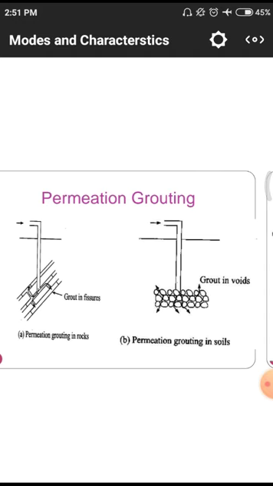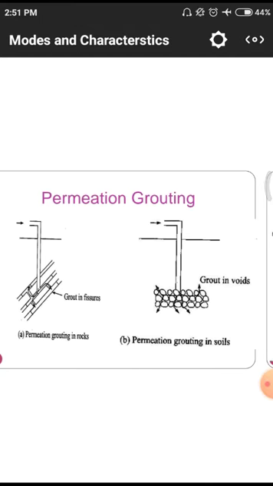This is the technique they have to utilize for permeation grouting. First of all, there will be some holes. That means above the ground level, the pump is fixed, so that from the hole itself they have to connect the grouting material to this pump. After that, at the bottom they have some quantities of voids. The grouting material has to feed these voids.